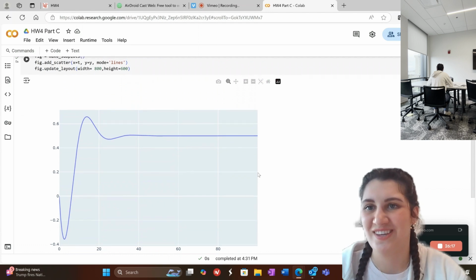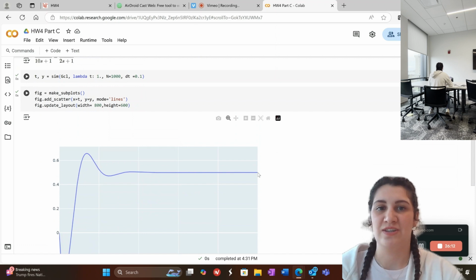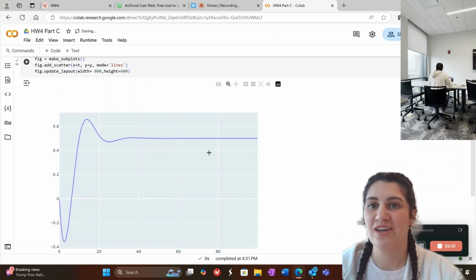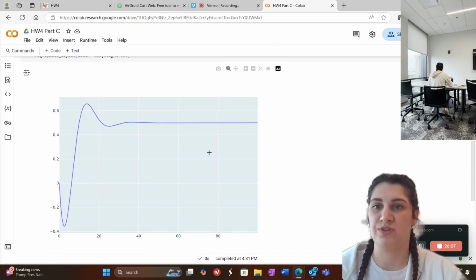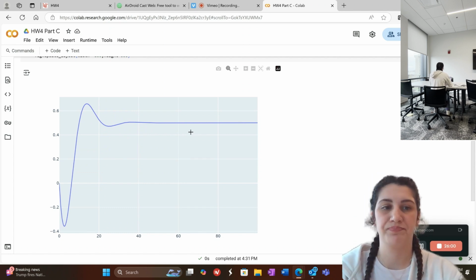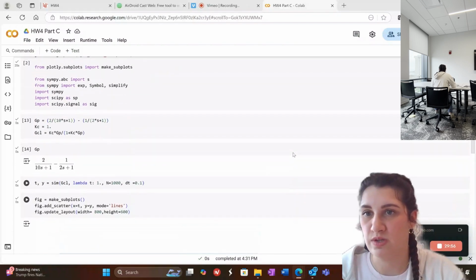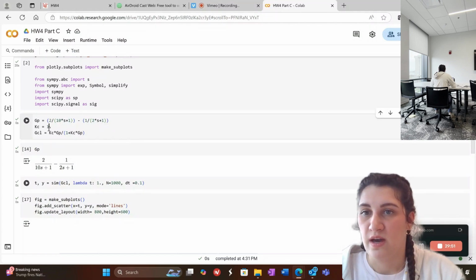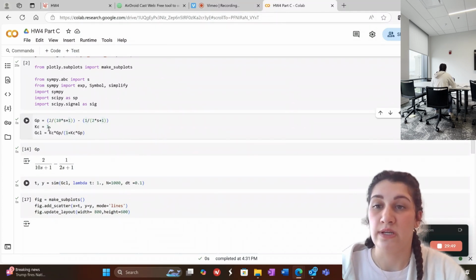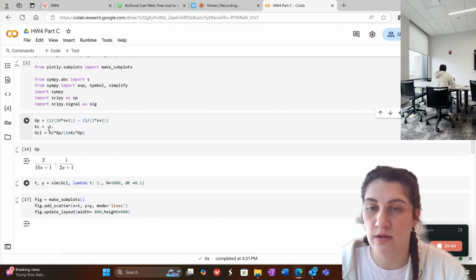So now we can see what our system would look like in this situation. We can see that this is an inverse response as the system goes down first and then back up and is ultimately stable. To demonstrate the limits of stability here, I'm just going to come up and change this Kc value. So we said that the Kc needs to be between -1 and 2. So if I change this to -1,